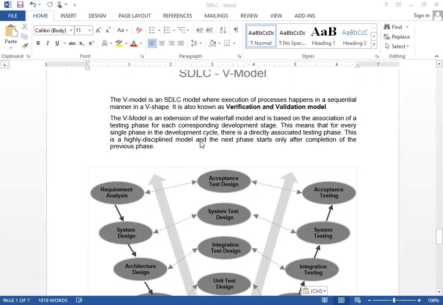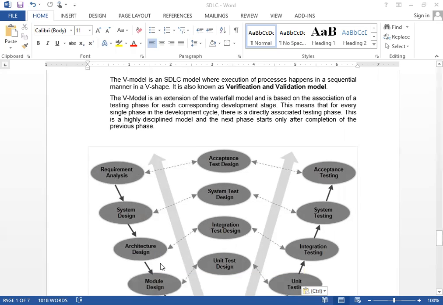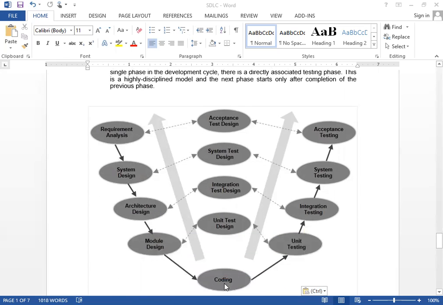This is a highly disciplined model and the next phase starts only after the completion of the previous phase. So when the requirements are all finalized, then it goes to the system design, then architecture design, then module design, then coding, and then validation is done.